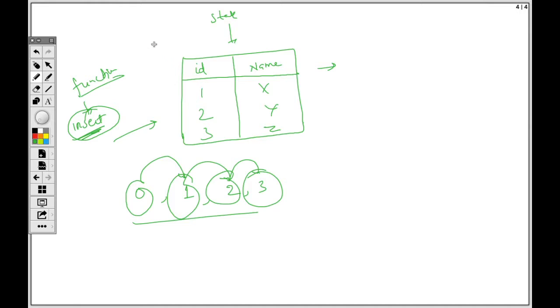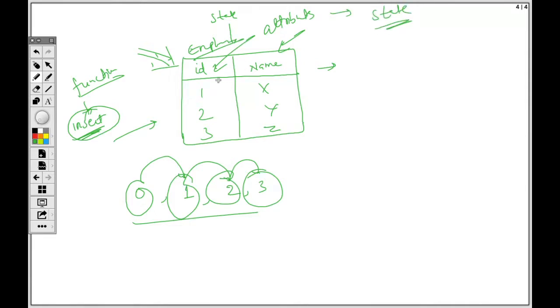This is the best thing to understand about OOPS in terms of a table. Whenever you need to think of an example logically, think of any database, whatever table it was, that is an object, and these are the states. What is this, ID and name? These are the attributes that together combine to form a state.